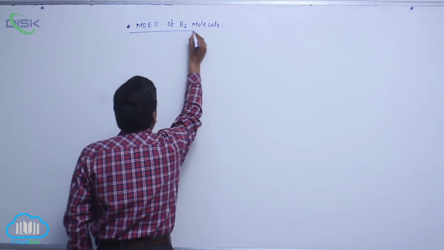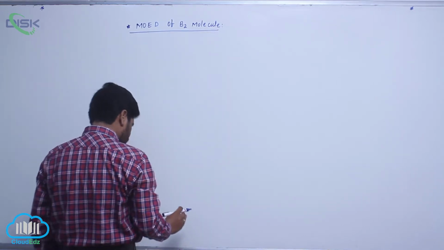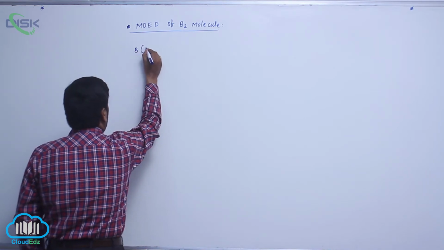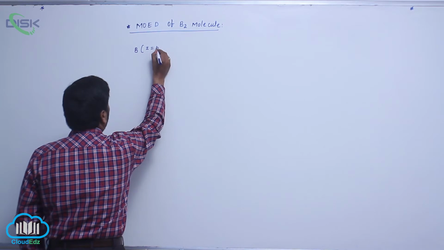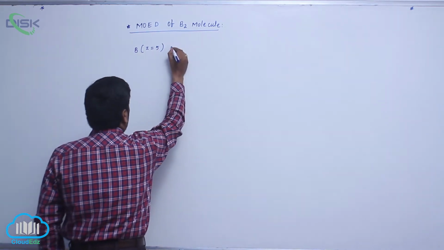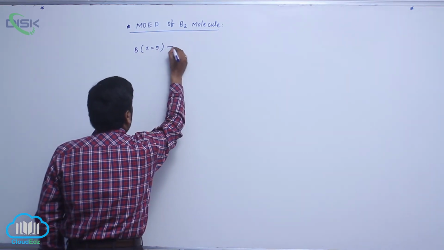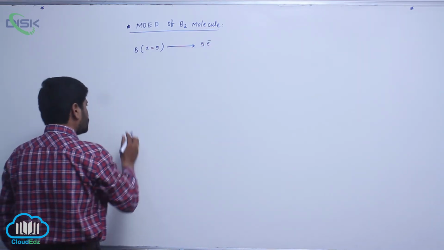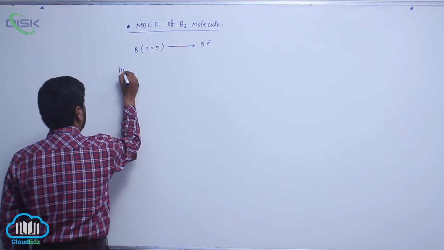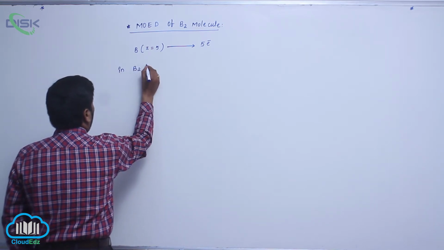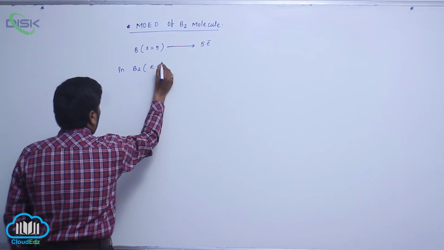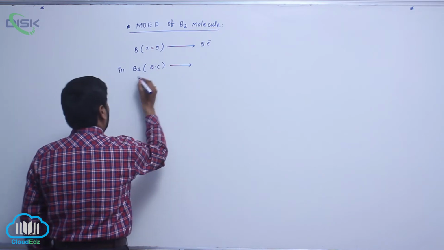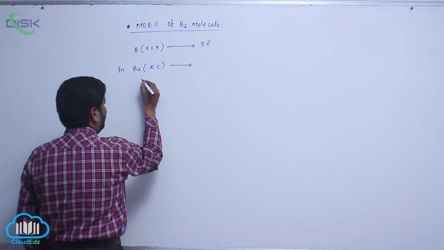which molecule? B2 molecule, boron. Atomic number is 5. So it contains 5 electrons in B2, electron configuration is, it contains how many electrons? 10 electrons,